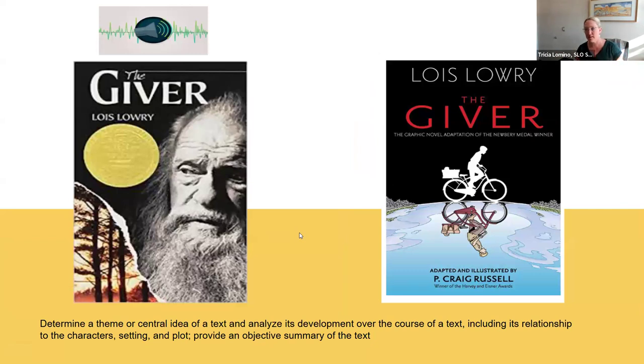Another example is, let's say the students are reading The Giver. And this is a standard, one of the state standards that I listed here at the bottom. It's actually a state standard that you see intertwined through middle school through high school. And this one is determine a theme or central idea of a text, analyze its development over the course of a text, including its relationship to the character, setting, and plot, provide an objective summary of the text. Okay, so this might be the goal, the standard that they're working on in their class,